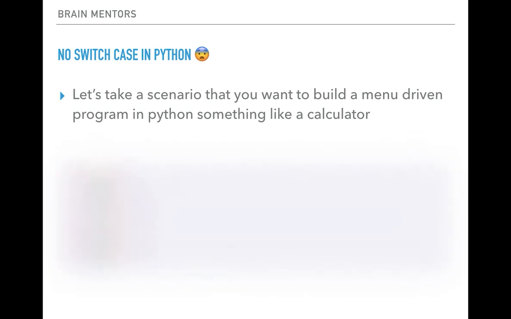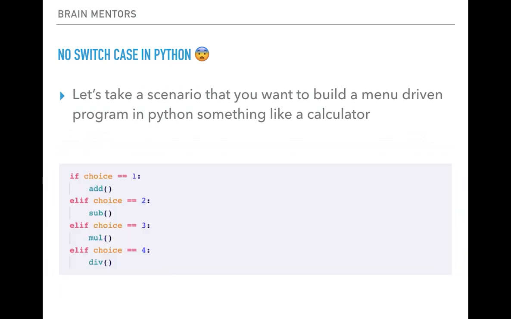That's correct. You are going to do that with if else, something like this, where you will say that if the user has entered 1, we are going to call the add function, which is going to perform the specific task. For 2, we are going to call subtract, multiply, division based on the user's choice, something like that, and so on for all other functions.